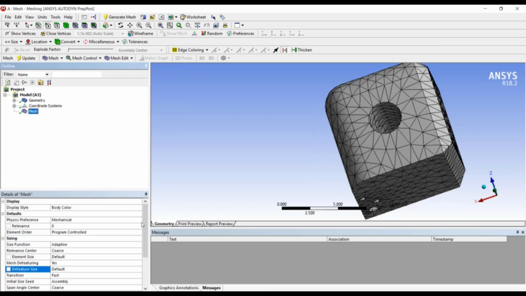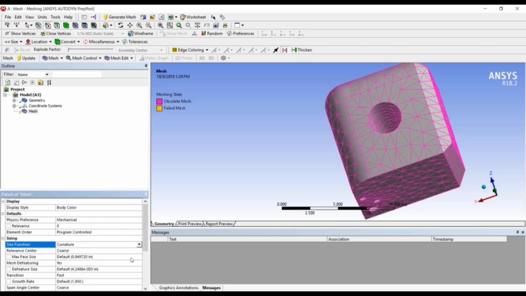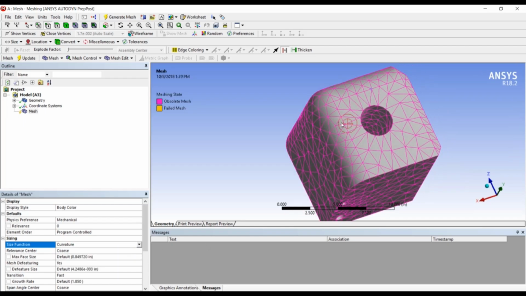Then coming to the next option, we have what is known as the size function, and based upon this size function, we get more control over the global mesh settings. For example, let us say we have selected this curvature setting. If the body is having a lot of curvatures, at these particular curvatures you will be getting a more finer mesh, or you will be getting a more structured mesh. And if you select the